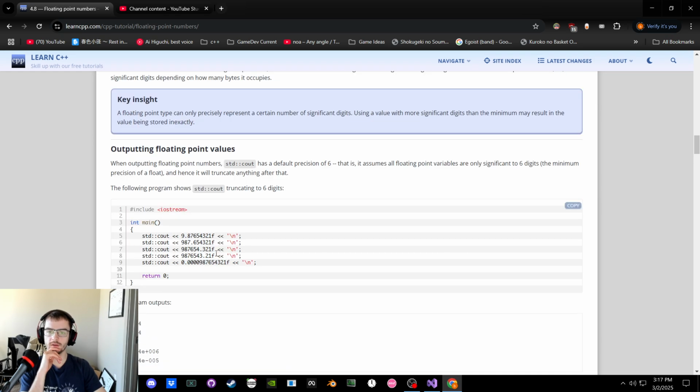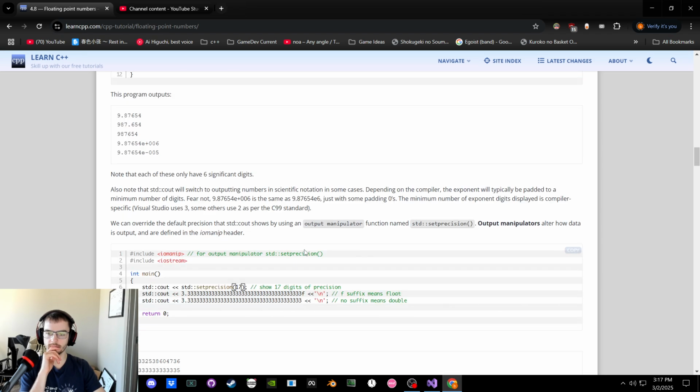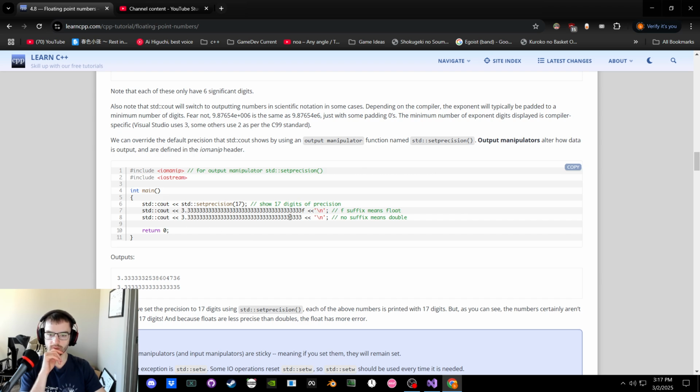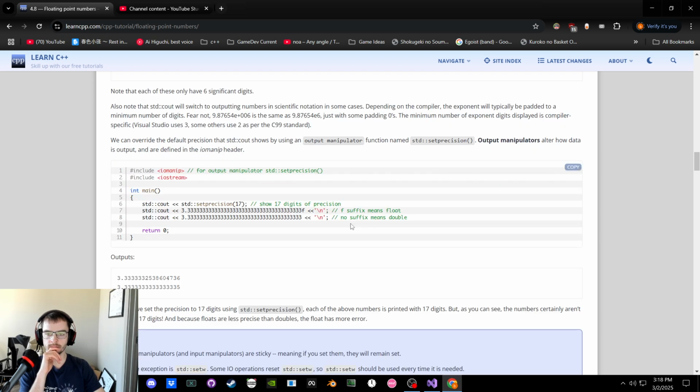Hmm. Oh, and that's because wasn't a double only up to 16? Oh, okay. Typically 16. So it could be more, but it's not. So in this case, we have a double and a float. Floats are only accurate to about 6, it looks like. 1, 2, 3, 4, 5, 6. In this case, it looks like it was accurate to 7. Oh, okay, that's why. So floats are typically 7. Doubles are typically 16. So even though we set the precision to be 17,